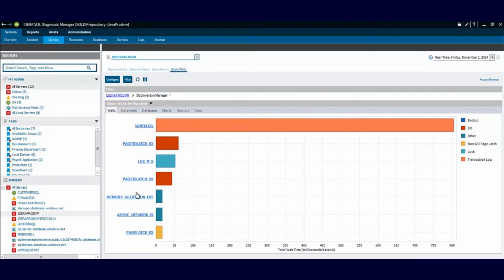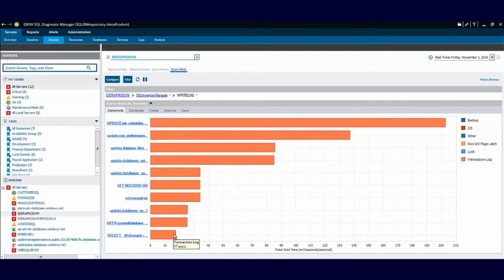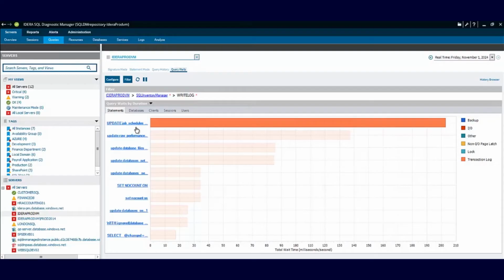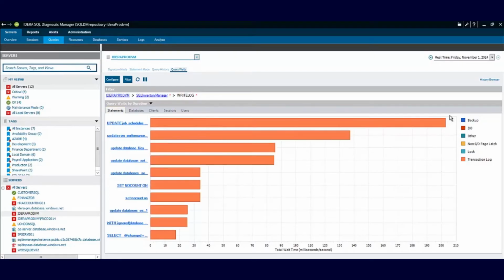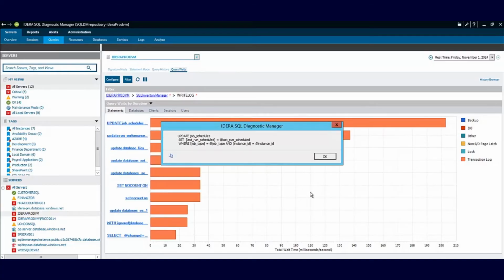And then with the weight types, if something stands out, like this write log activity, we can drill into that and see the statements that fall into that weight type, that application, and nothing else. Well, I want to get a little more information about maybe some of these statements that are considered higher impact. So I might right click on the statement and view the text details to see the command that was executing,